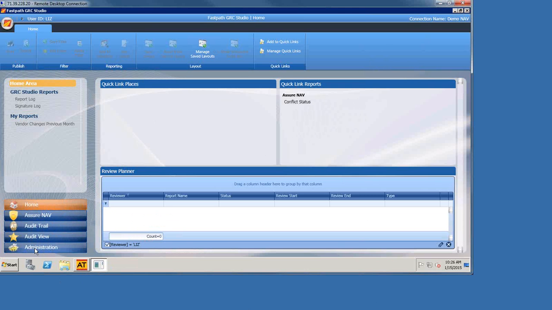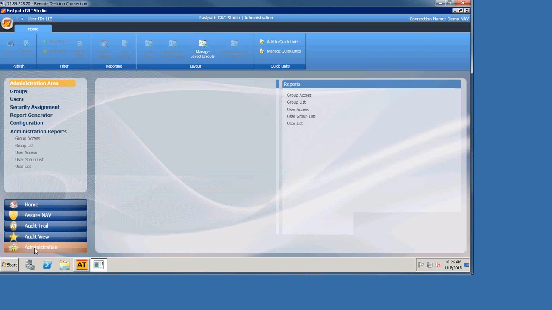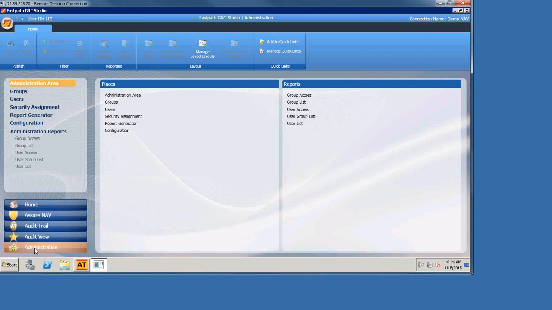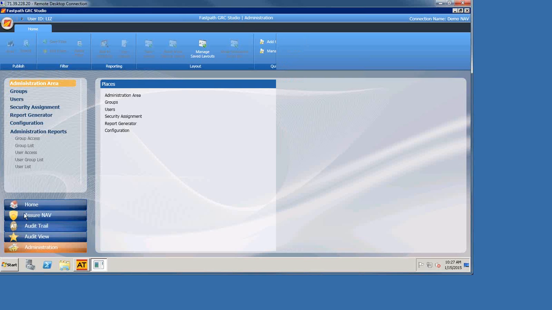The Administration tab is where you set up security to this tool. You don't need an NAV license to get into this tool. As you notice, I haven't launched NAV at all. This is all external to the solution. You can set up anybody you would like as a user here, as long as they're part of your Active Directory. It's all Active Directory based. You can grant access to whatever you would like within the tool. The security is very granular.